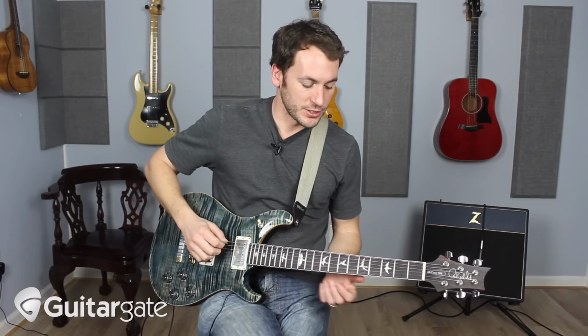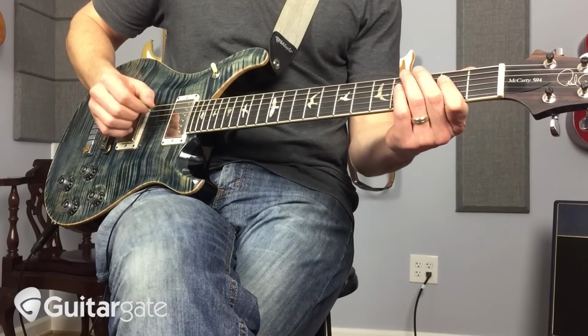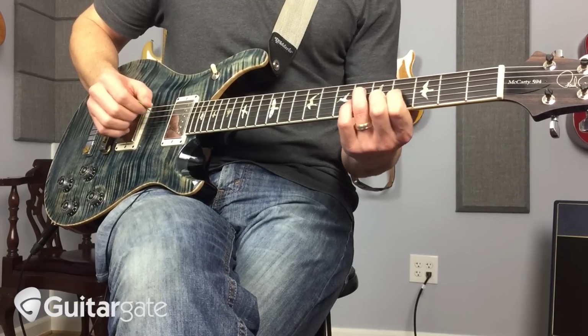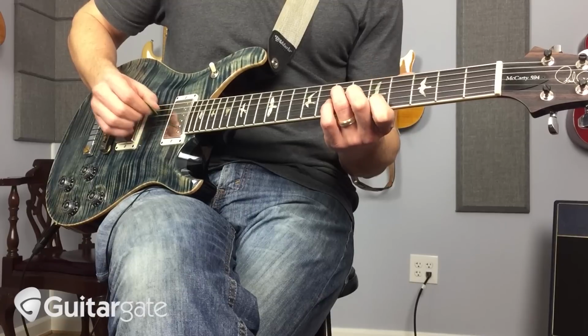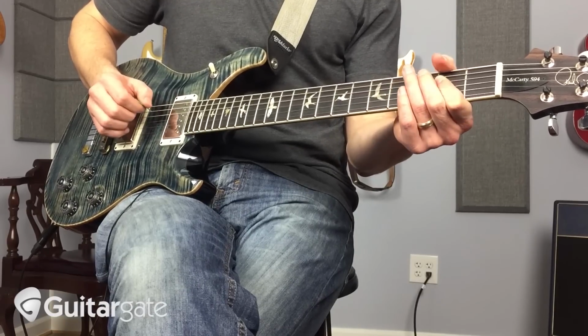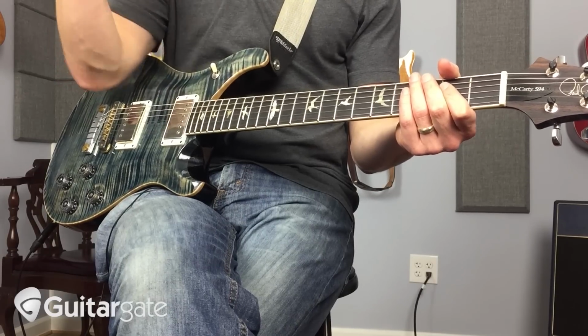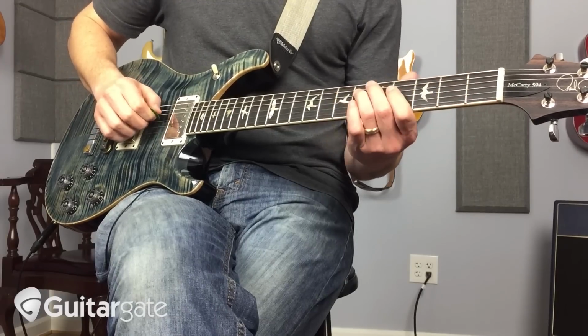So this part of the bridge, while it's A, E, F sharp, A, D, E, and then the second time it's A, E, F sharp, A, D, A. Those are the chords, but the bass line is a walk down. So it's...